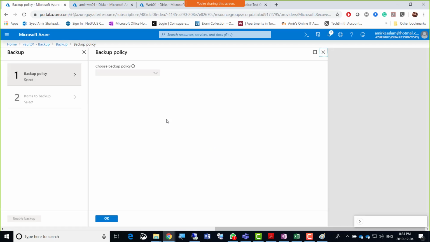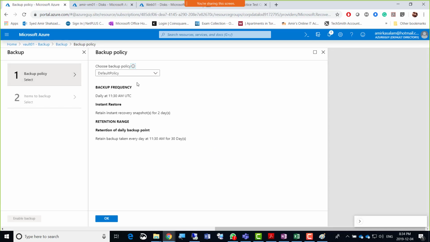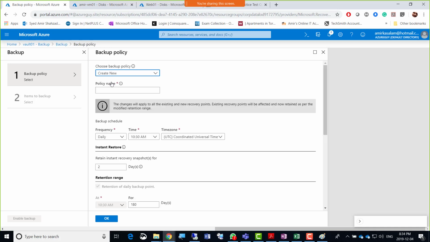Then you click the backup here, and then it goes for backup policy. The default policy is there with its backup frequency, but we can just create a new one. So let's click create new here. And then there is that frequency.